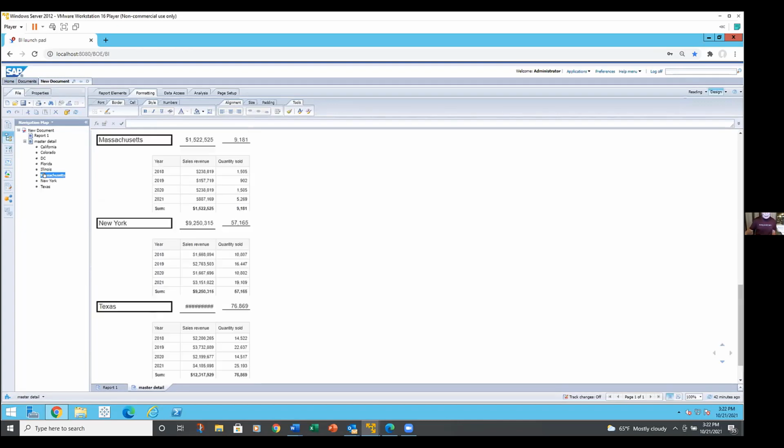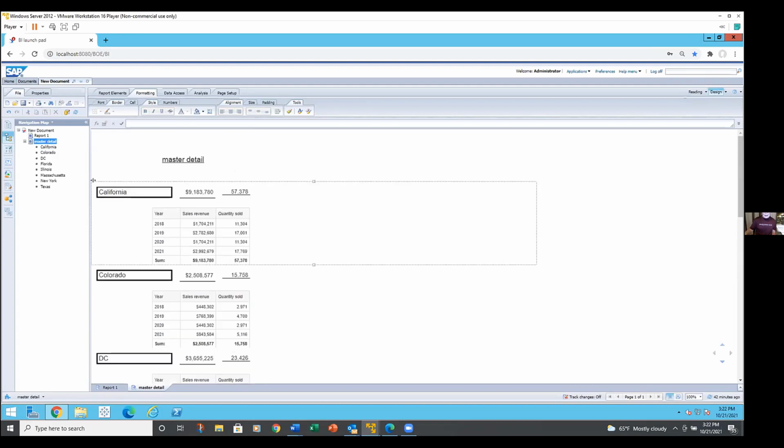Let me go to Massachusetts. Let me go to Florida. Let me jump to Colorado. Let me go back to the top up here. And if I had done year underneath state and made this quarterly, you'd have it 2 levels. You'd have state and then years under each one. And you could scroll all the way down to the bottom or all the way up to the top and